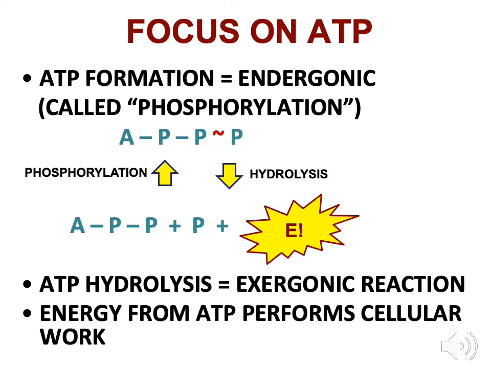So now, if I want to get that energy out, I'm going to break that bond to the third phosphate. Hence, I see the arrow pointing down. It's labeled hydrolysis. Hydrolysis is a term commonly used for the breaking of bonds. So you break the bond, you release the energy, and then what you get down below is the energy released and the third phosphate all by itself, and then something that is portrayed there as A bond P bond P, which is adenosine diphosphate.